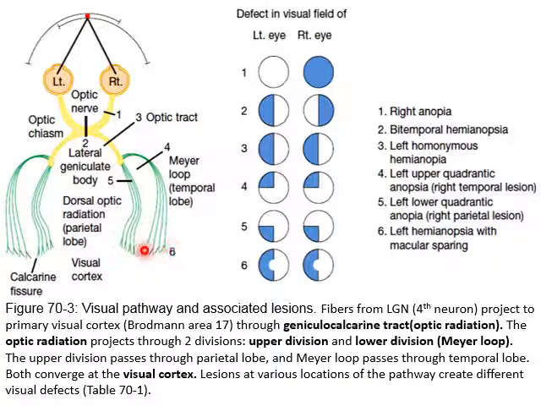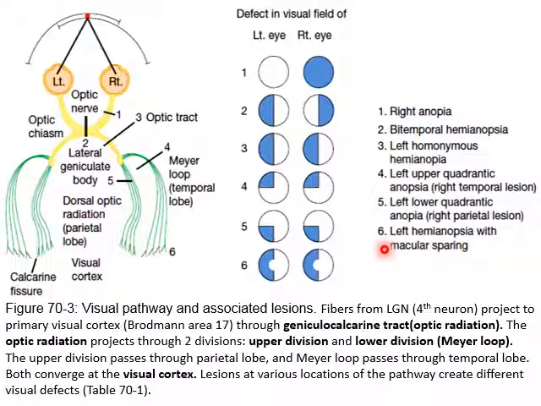Last thing, when you have a lesion in the right visual cortex, what will happen? You will get left homonymous hemianopia with macular sparing. Why macular sparing? Because, as I said, the right side will see everything present on the left half of the visual fields of both eyes. But the center of vision,